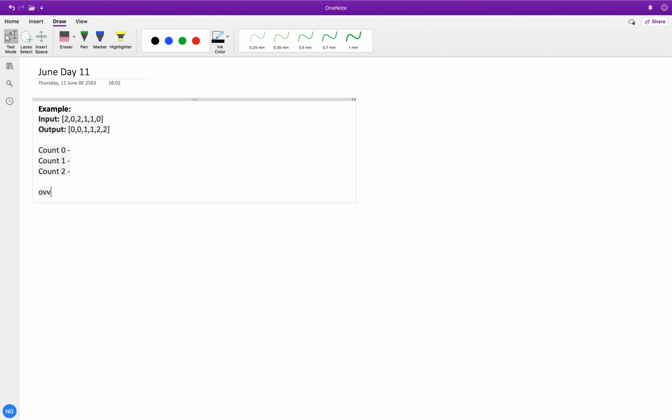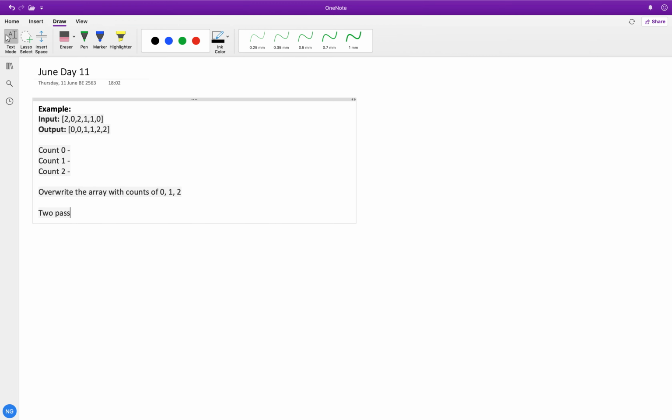After that, we override the array with the counts of 0, 1, 2 in order. That will give us an answer, but this requires a total of 2 passes.